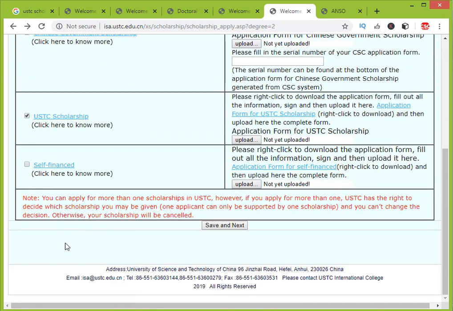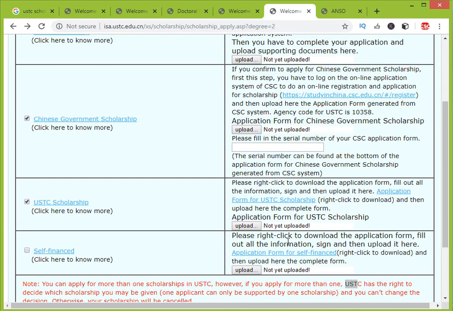They also mention that you can apply for more than one scholarship in USTC, and which scholarship you get is decided by USTC. You don't decide that you will get this scholarship. USTC has the right to decide which scholarship may be given.